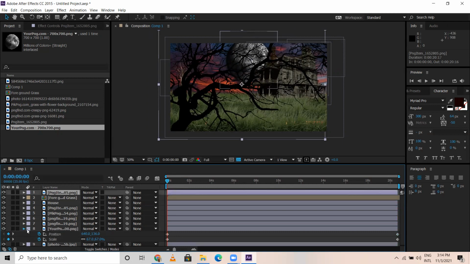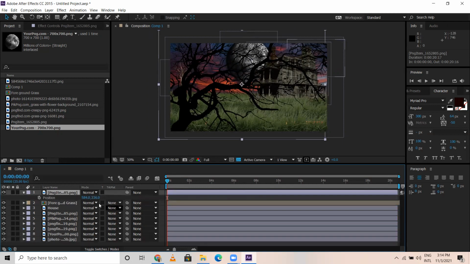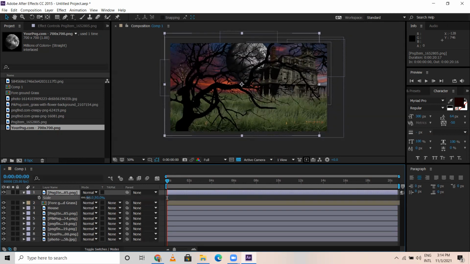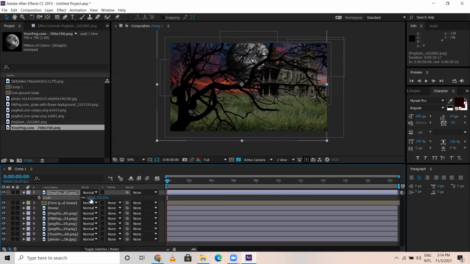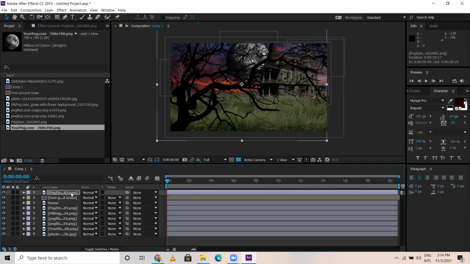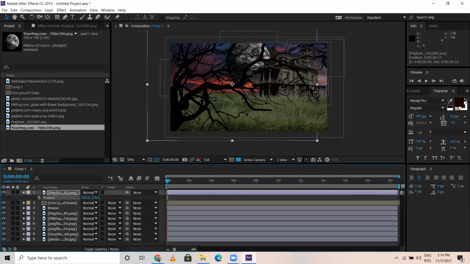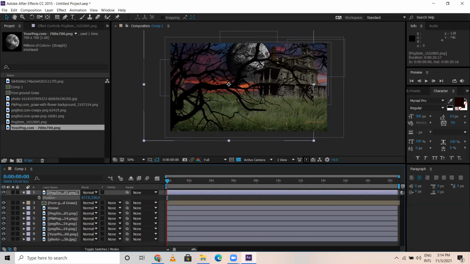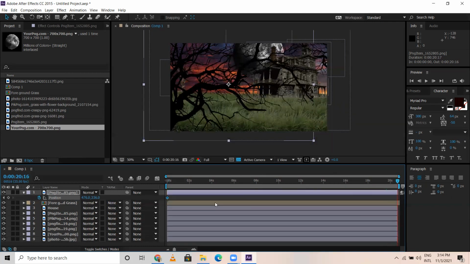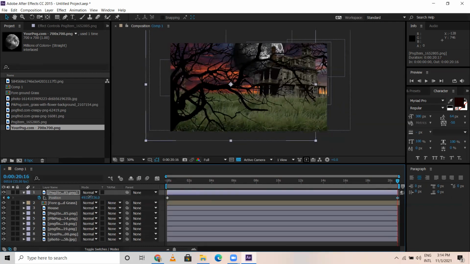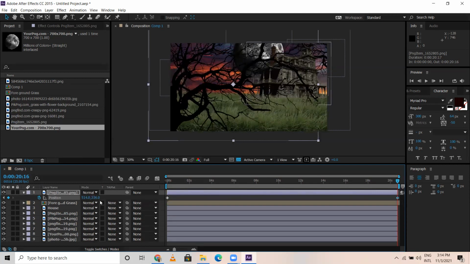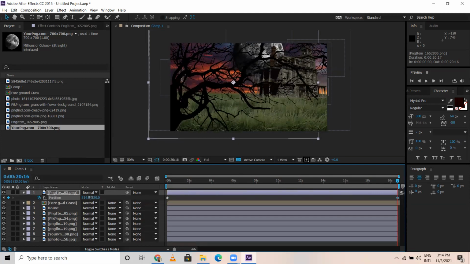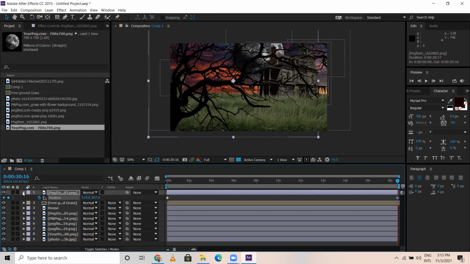So I would like to enable this here. The first layer, and P or S for scale, it's here, and position, x-axis or y-axis. Okay, let me animate this. I'm selecting this position. And here, a bit of animation.